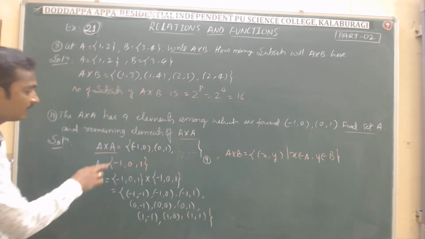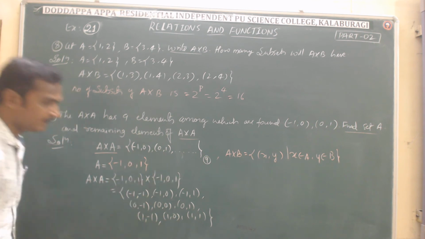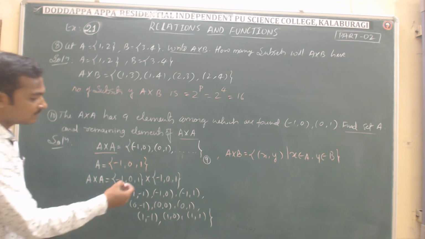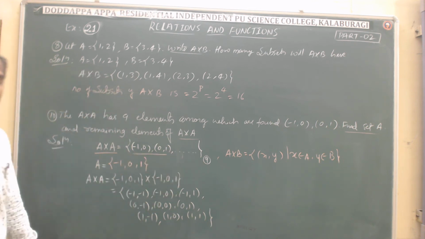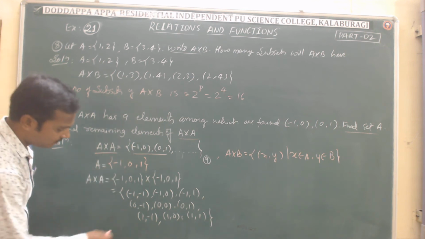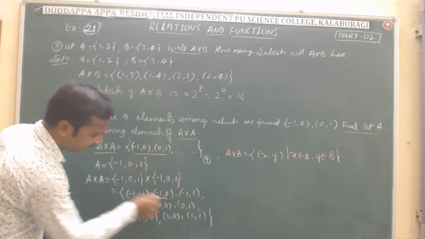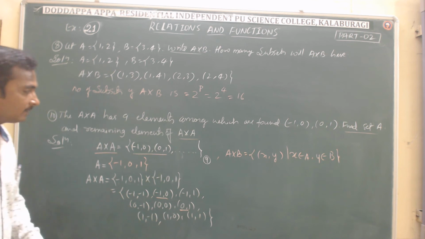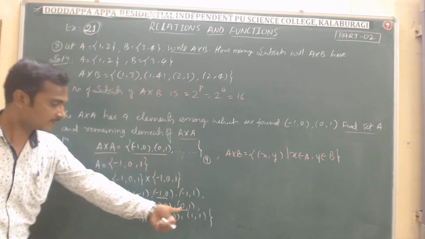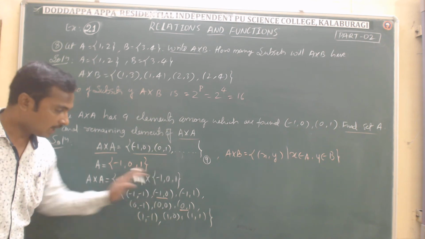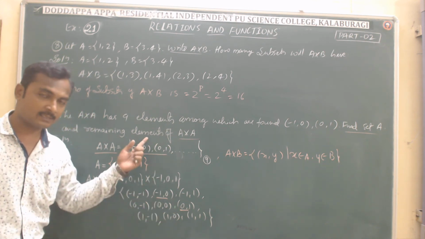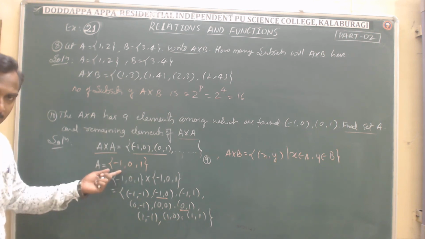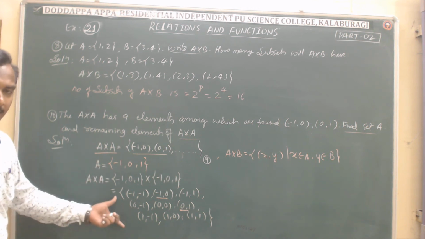That is the maximum number. Each element of the first set A relates to every element of the second set A. Now you can observe that. Let us check whether these two elements are in A cross A or not. Minus 1 comma 0 is here, and 0 comma 1 is here. The set A cross A contains a total of 9 elements. Out of 9, only these two underlined elements are given to us and we are asked to find the set A, which contains minus 1, 0, 1. Because of these 3 elements of the set A, we are able to find A cross A.